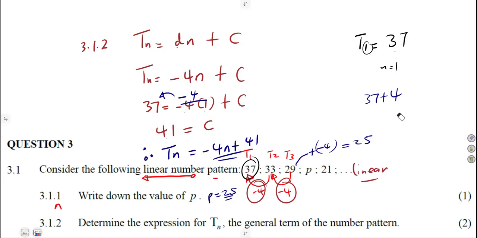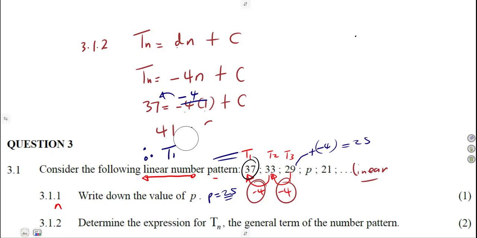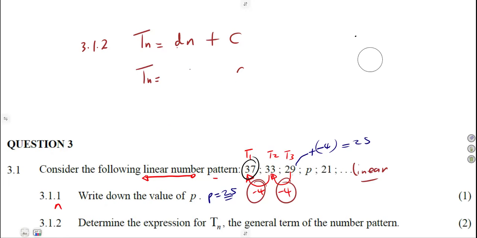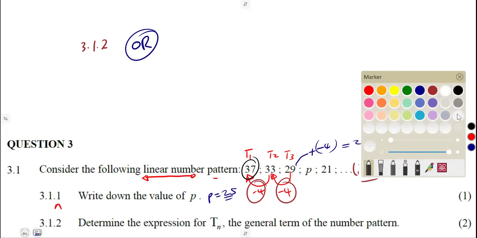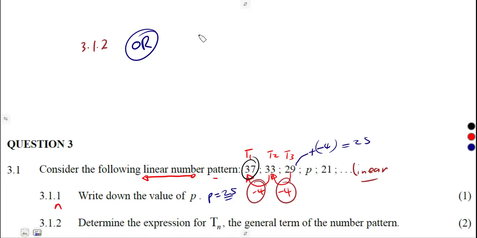So if we are to consider another way, let us see if we're going to have the same answer on this one. Remember, I also talked about this. I think I explained it to you, guys. If I did not, just understand it from here. Tn can be obtained from this formula, a plus n minus 1 times d. It's another formula that we can use to find our Tn, where a